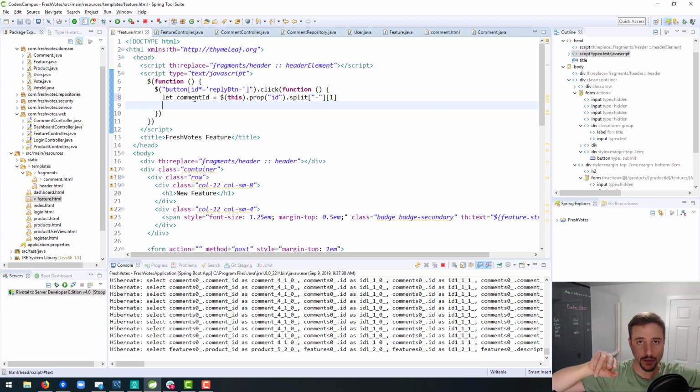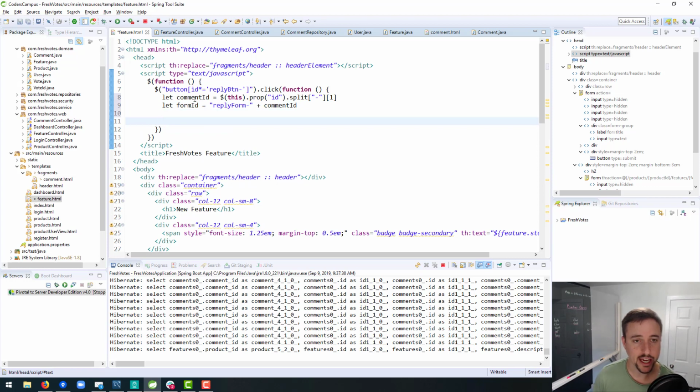So to the left is going to be reply btn, and to the right is going to be just the ID, the comment ID. And then we can use that to create the form ID, which is reply form dash plus the comment ID, right? That's the form ID. And then we can select, based on that form ID, we can select that form and